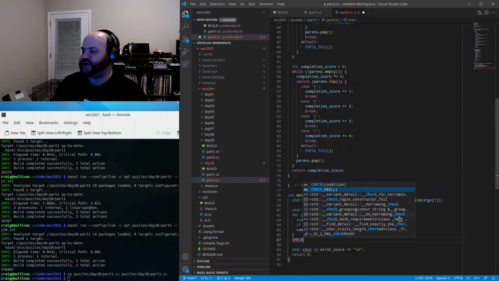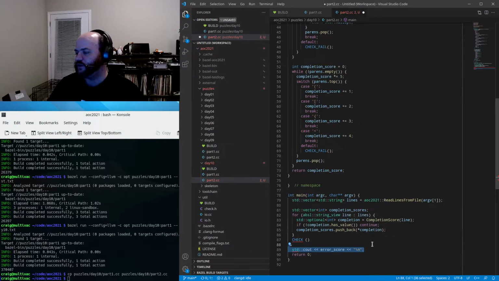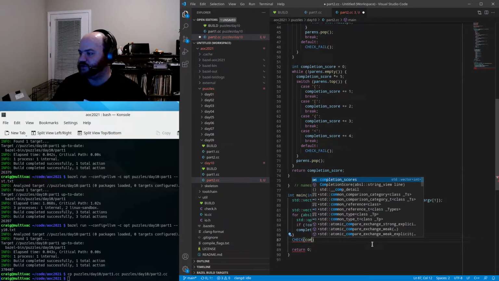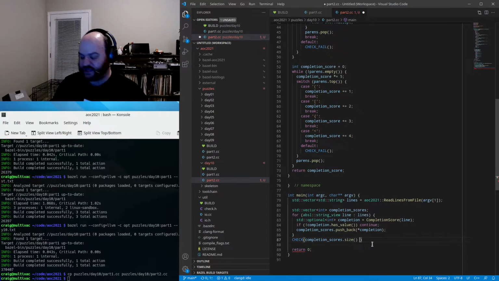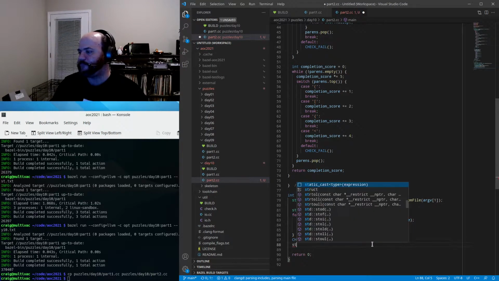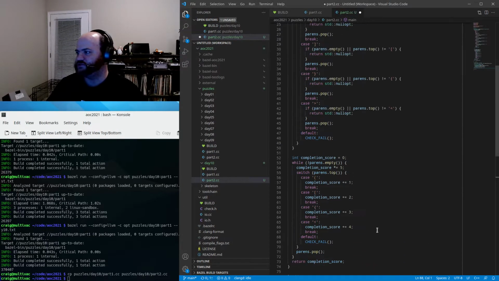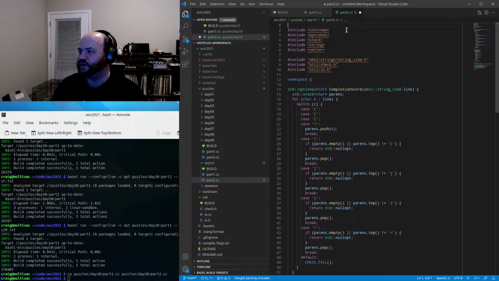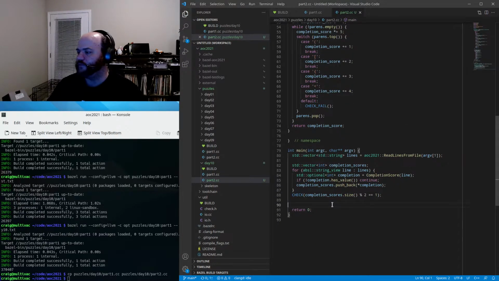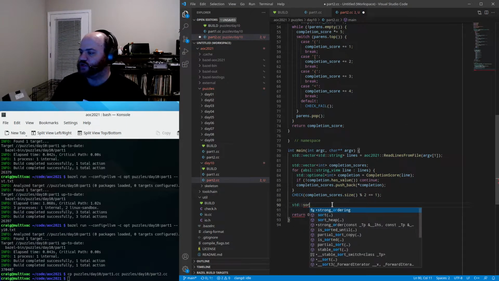At this point, we should check that the number of completion scores actually is odd. And then we can just sort and pick the middle one. So, let's get the regular sort from algorithm, thank you. Okay. So we'll go ahead and sort